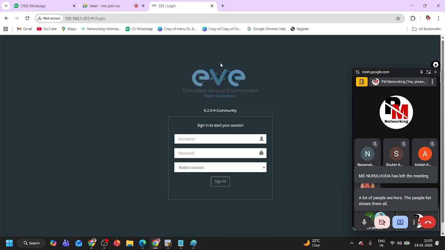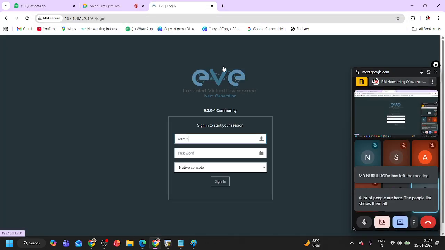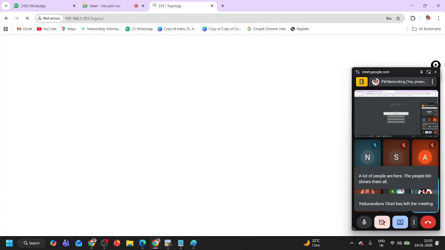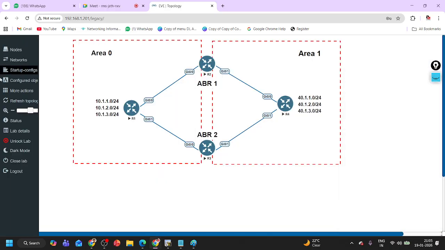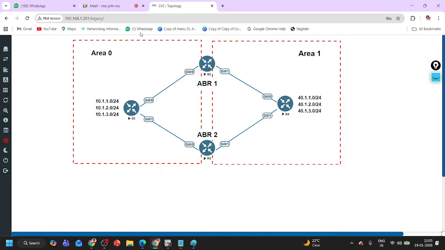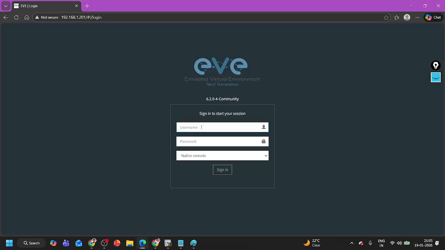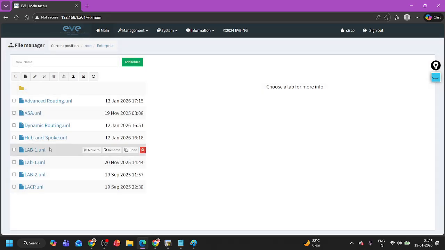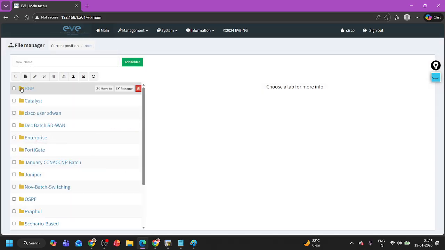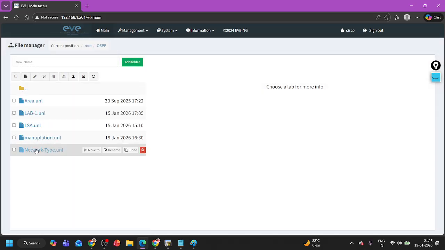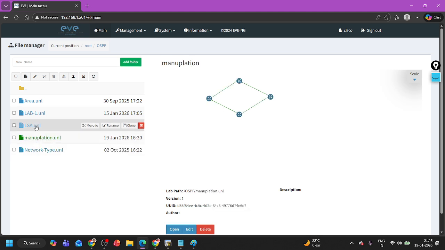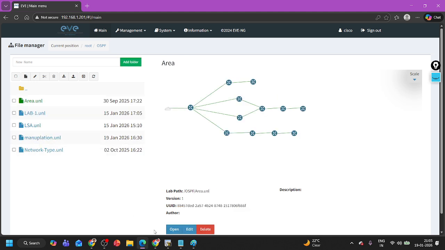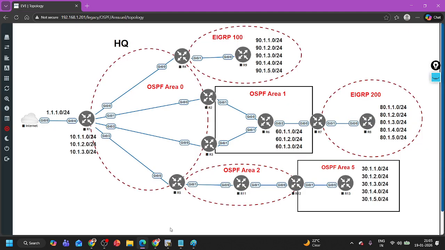192.168.1.201, admin, and if, sorry. OSPF area concept. See,